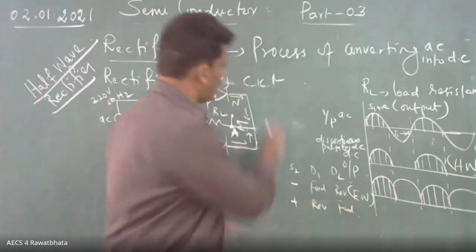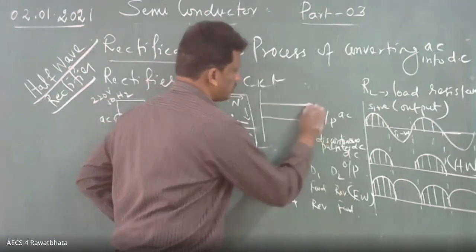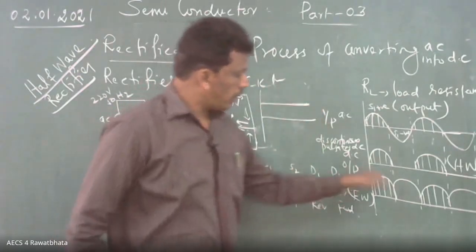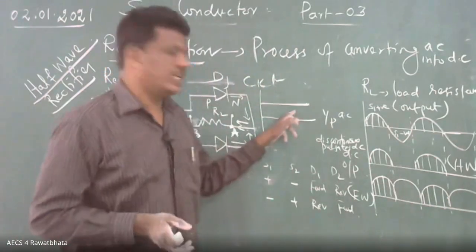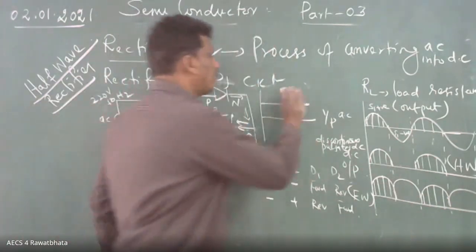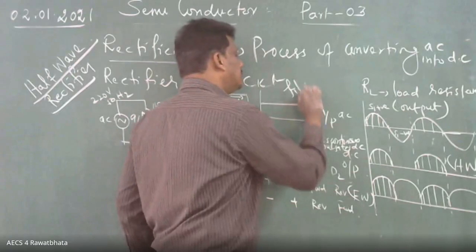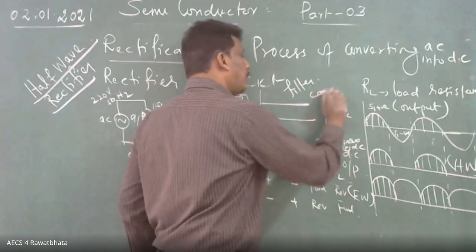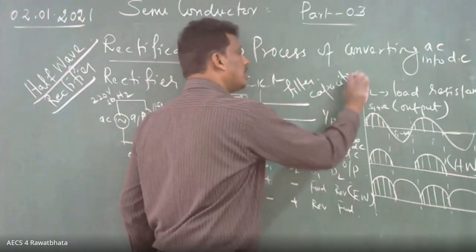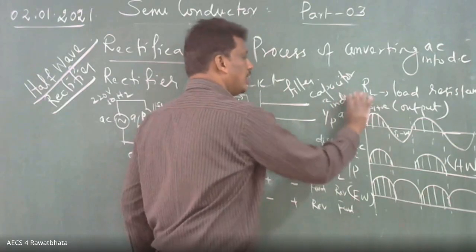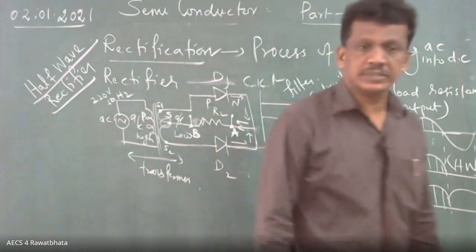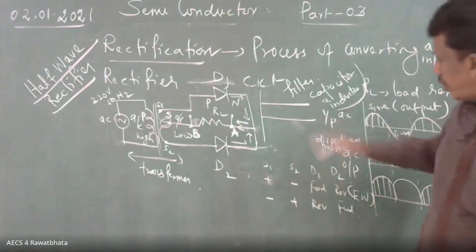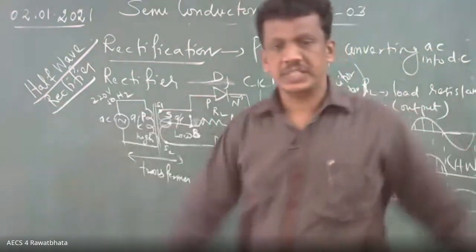It's not a straight line. DC means it should be straight. What you are getting is pulse type. That's why pulsating DC. So how to get perfect DC? Yes, we can get it. For that we use one filter using capacitor and inductor. Okay, that additional point will come. You can read it, we'll do that. How to remove that pulse so it becomes straight like perfect DC.